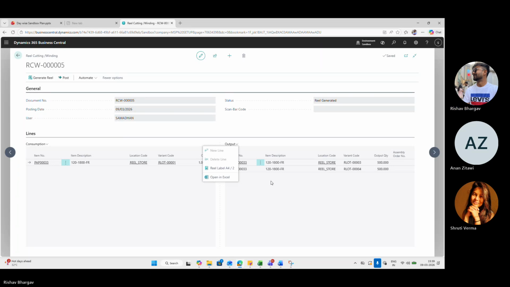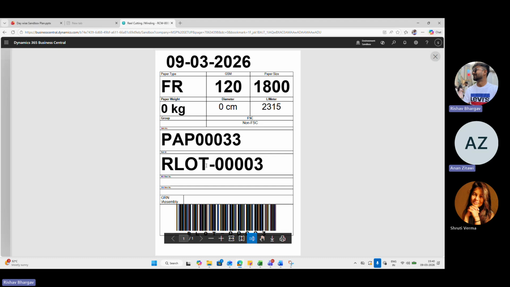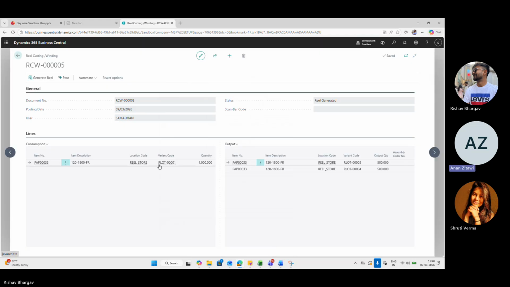Yes, we can control this ID with a number series. My idea is that the new ID should be the same as the previous one, the original one. We just add a prefix or suffix to it. That's it. No need to use a completely different ID.